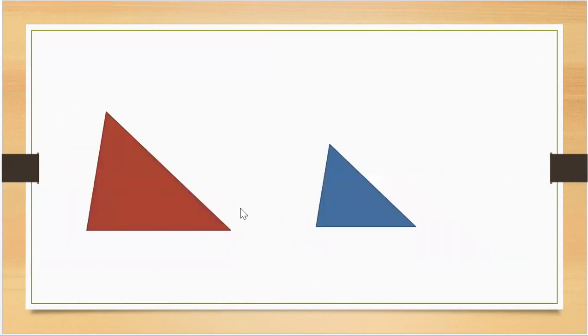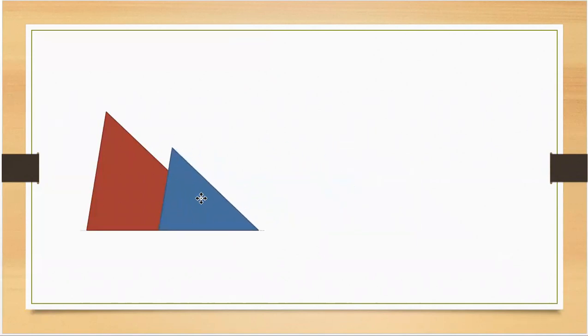Now moving forward, you have to observe this figure. In these two figures, you will find that they are similar, but they are not equal. So what is different in them? Let us observe. If I take this blue color small figure and try to coincide it, I will see that the lengths of the sides of the triangles are not equal. The blue color triangle's sides are smaller, whereas the red or maroon color triangle's sides are bigger. Okay, but let us check the angles.